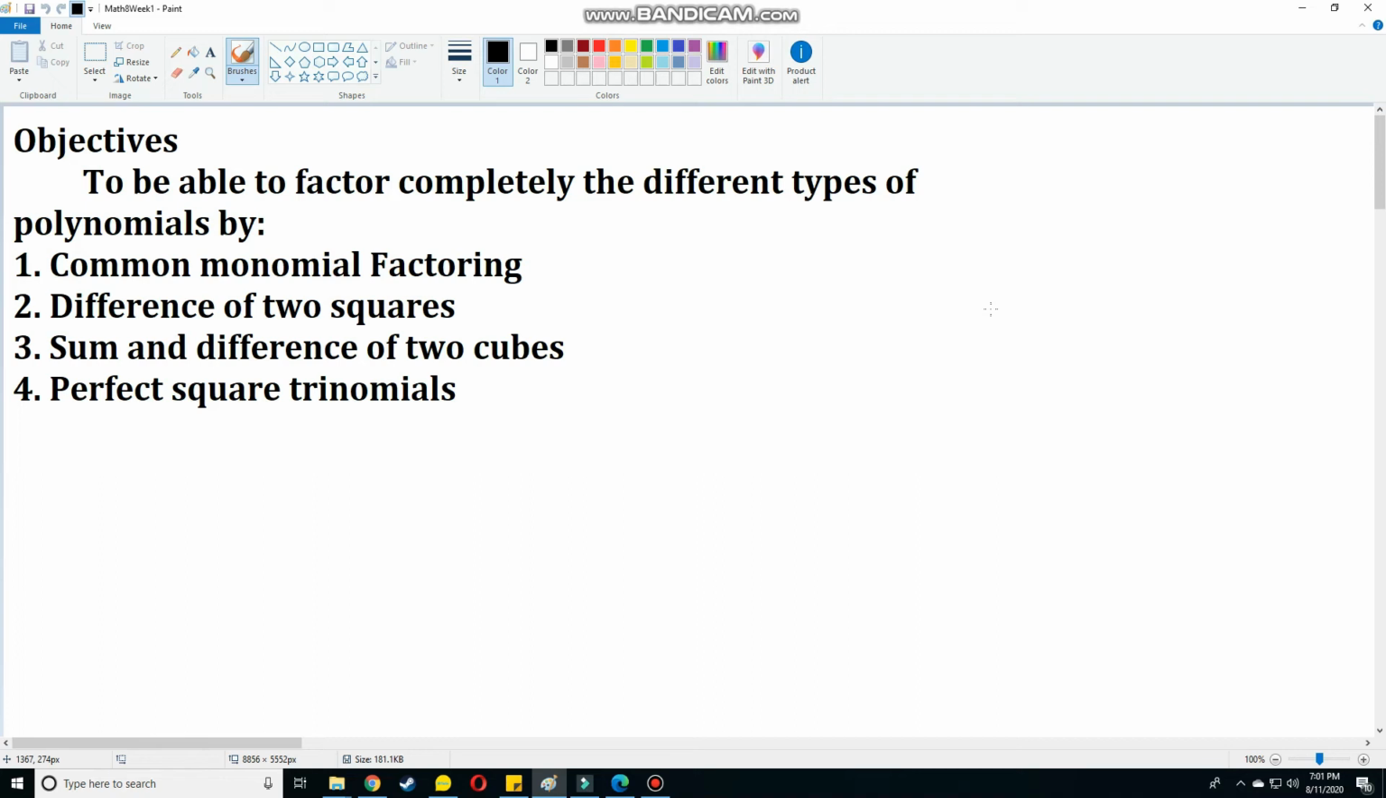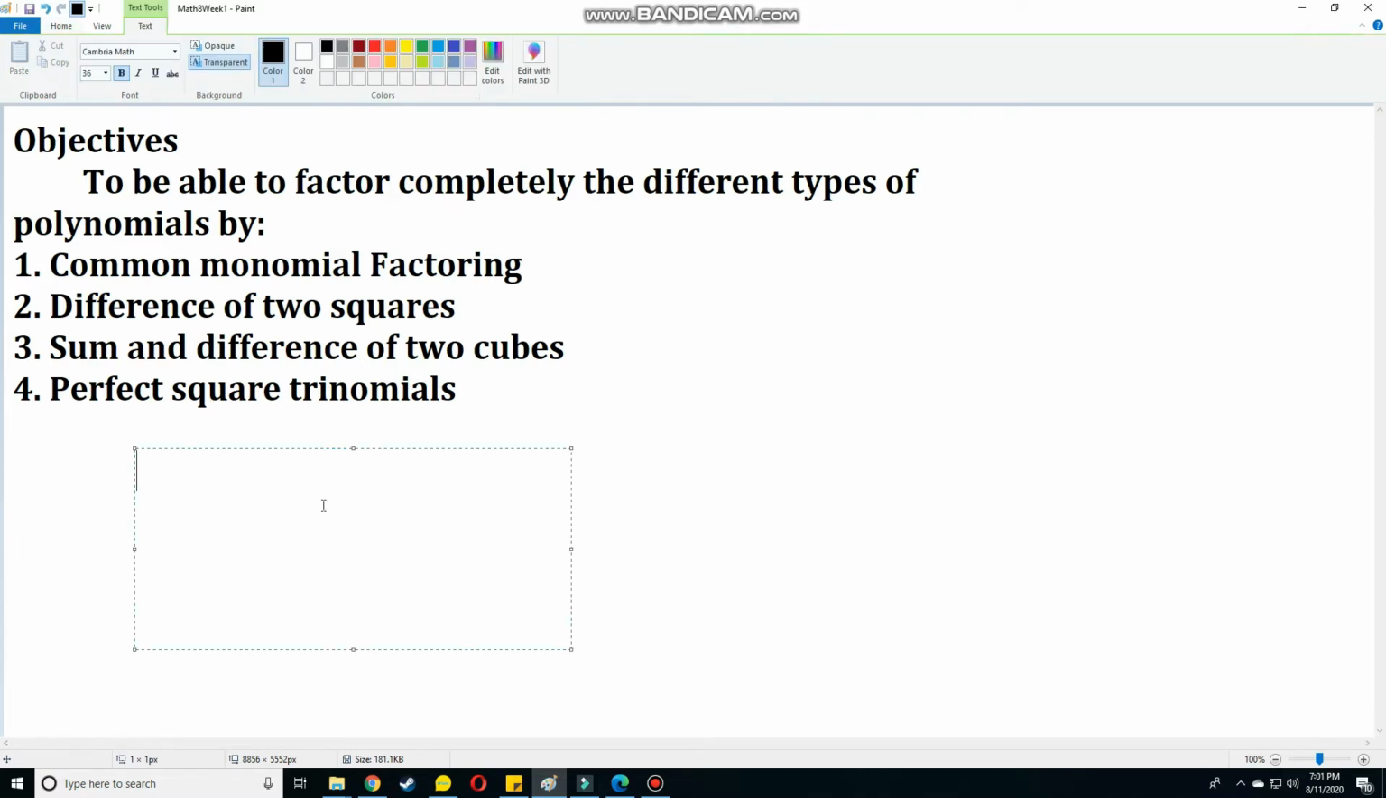Hi, welcome to our grade 8 week 1. Our objective is to be able to factor completely the different types of polynomials by: number 1, common monomial factoring; number 2, difference of two squares; number 3, sum and difference of two cubes; and number 4, perfect square trinomials. And without further ado, let's proceed to our common monomial